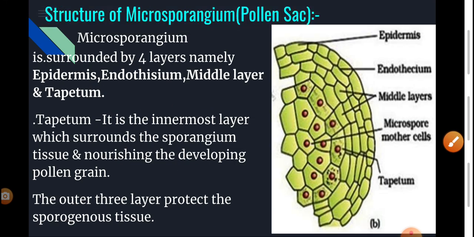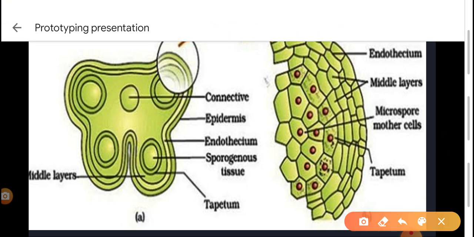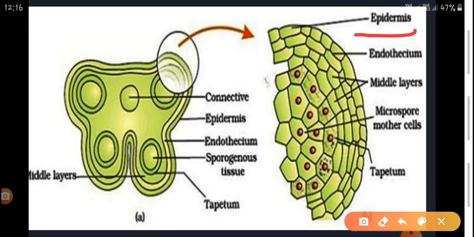So this is the structure of the microsporangium. We can see the detailed structure of the microsporangium. Here the outer covering is known as epidermis. This is the epidermis. After the epidermis, the next layer is called endothecium. Then